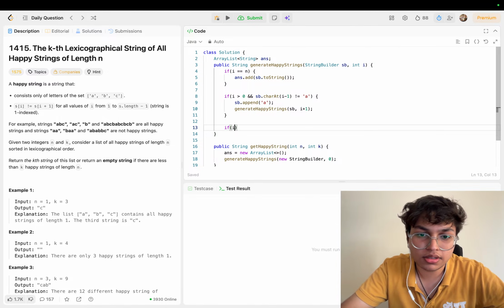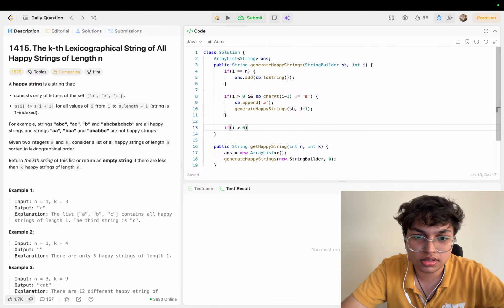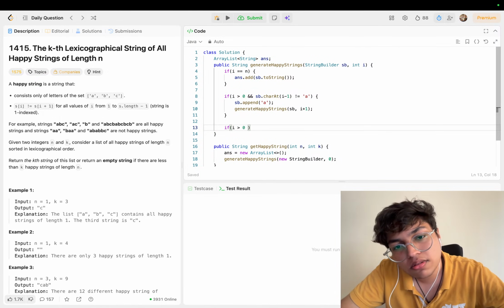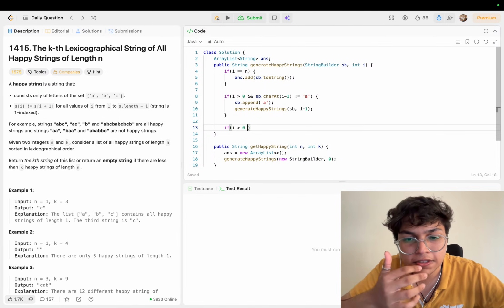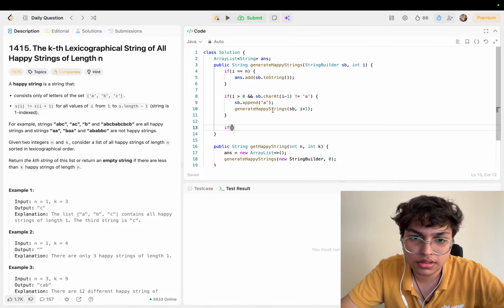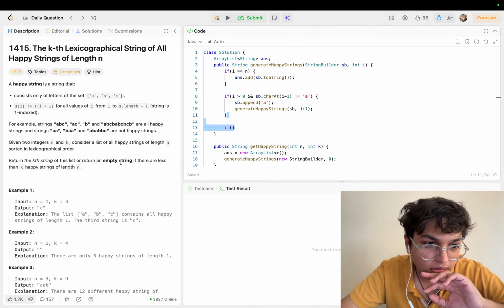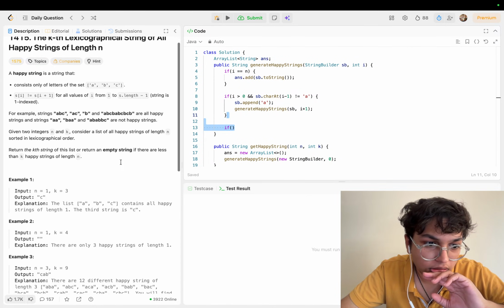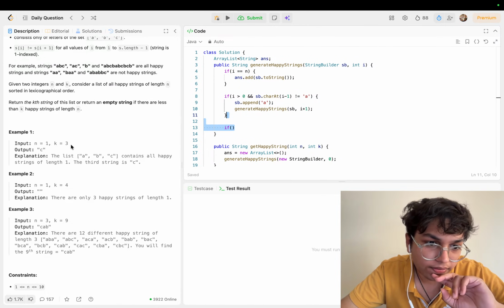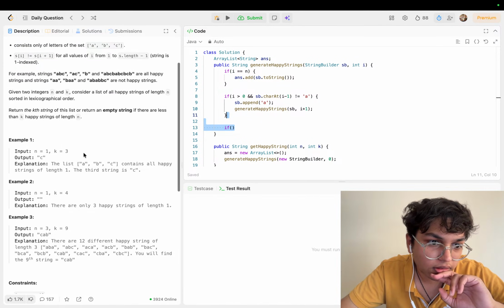Else, similarly, if i is greater than zero, if i is the first character, we should try adding all ABC once, right? ABC,